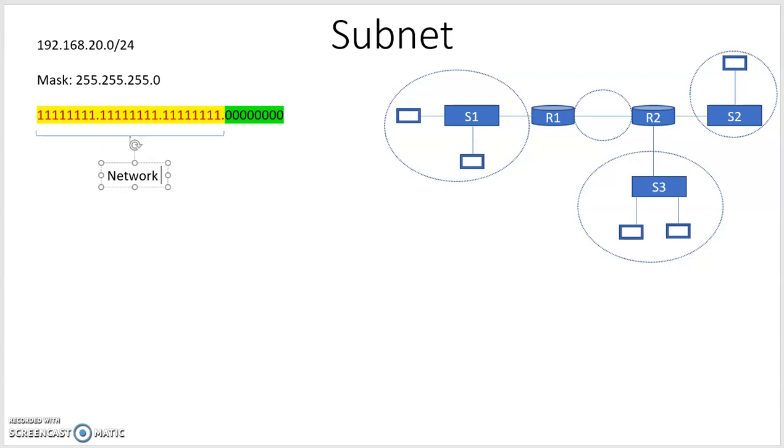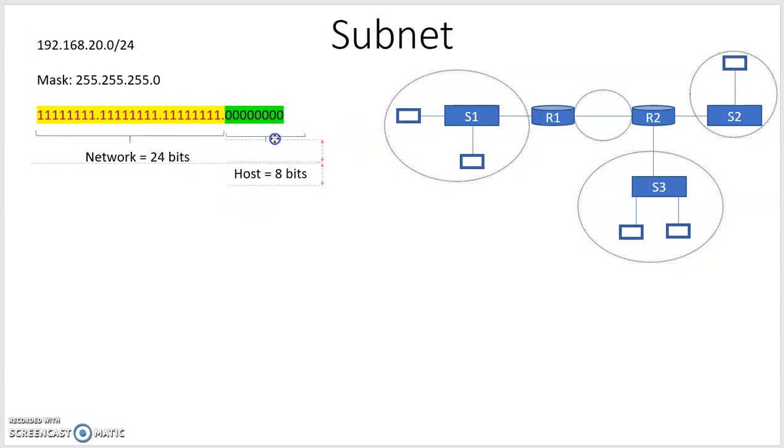Okay, so the network portion is 24 bits. And the host portion is the remaining 8 bits. So the remaining 8 bits is